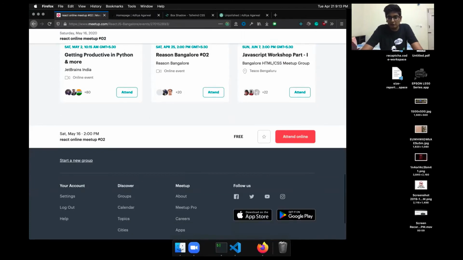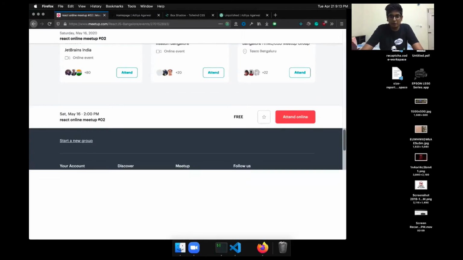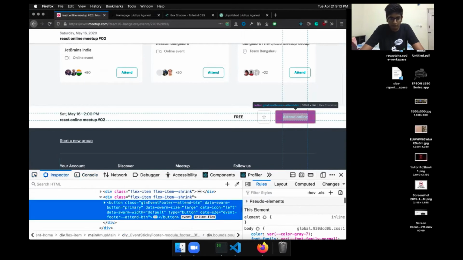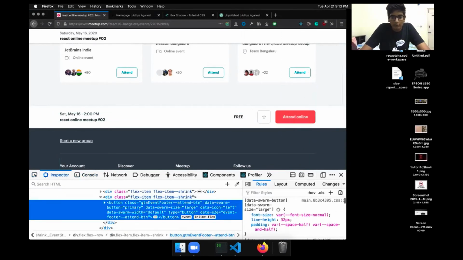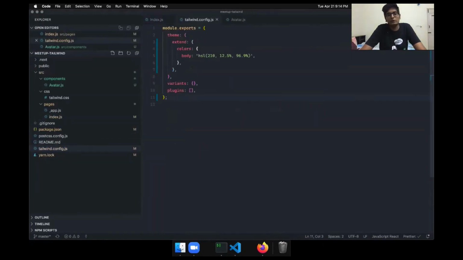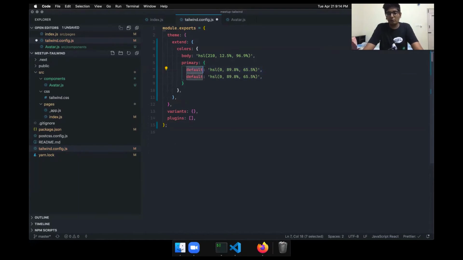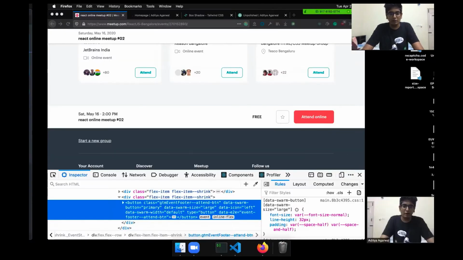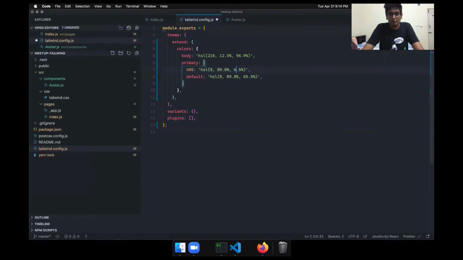Next, let's style this button. What we want is the color of this button. This is there, and I've copied it. Because I know this is an important color which we'll be using multiple times, I'm putting a value here. Now the syntax will be a little different for the primary color. Instead of assigning a string, I'll assign an object, and here I'll say the default value is this only. And I can say there's a lighter one; default I'm assuming is 500, and for 400 there is a lighter shade of it, say 60.